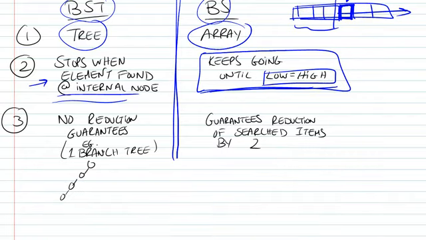And in the case of a binary search tree, there's no reduction guarantees. If it's a one long branch tree, then you're just going to keep on looking for your element, going